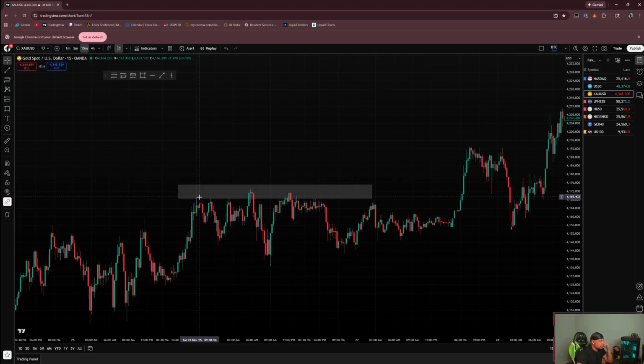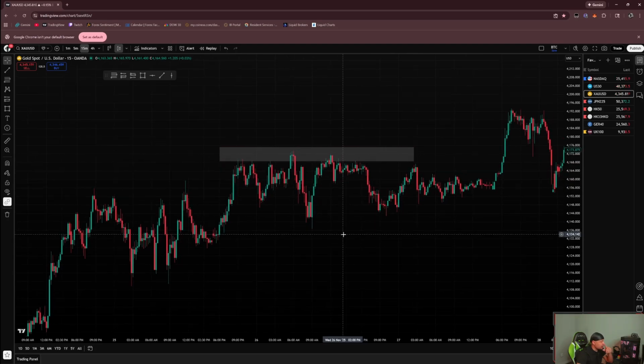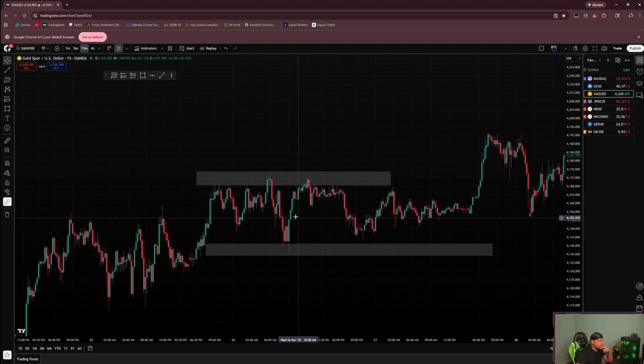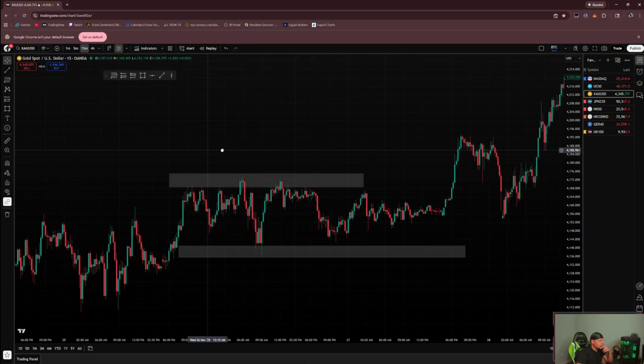So you see we push up, bounce off, push up, bounce off, push up, bounce off, push up, bounce off. But as you see, like I said, we don't have a support zone, not a clear support zone. Like we have a low here, which I just go ahead and mark the low on this 15. So this would have been a bit difficult to trade, but it still can be done. So we have that low, we have that